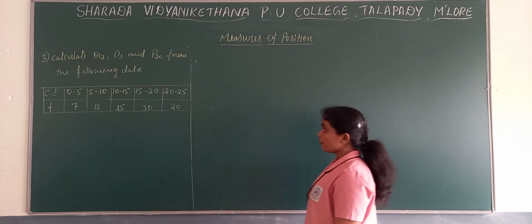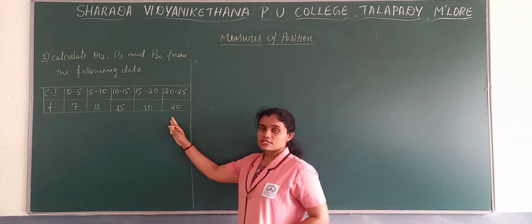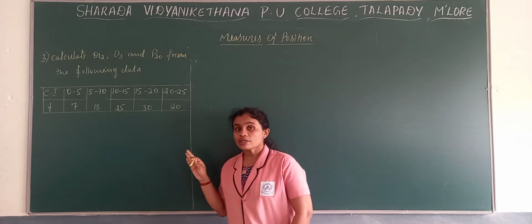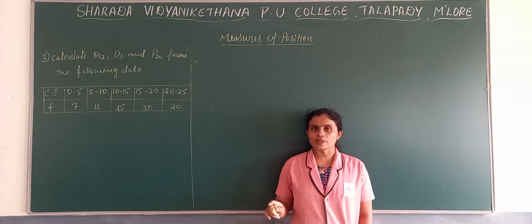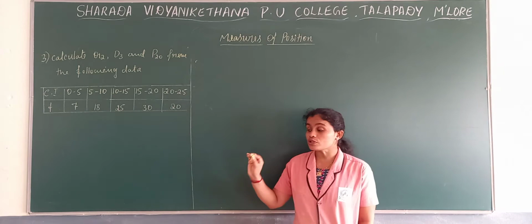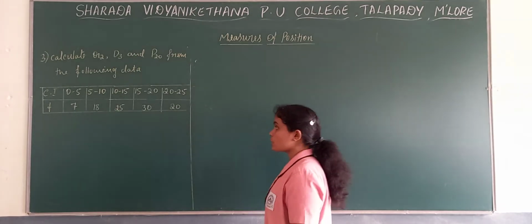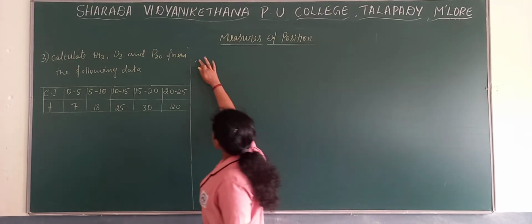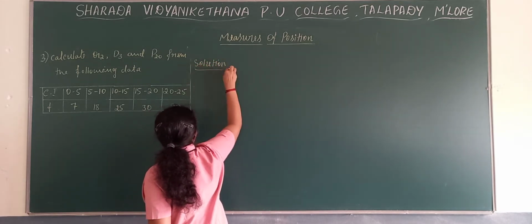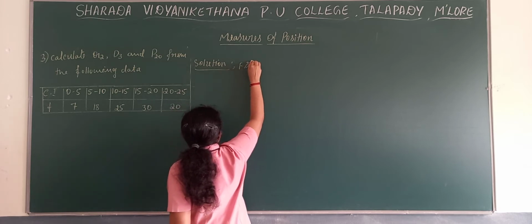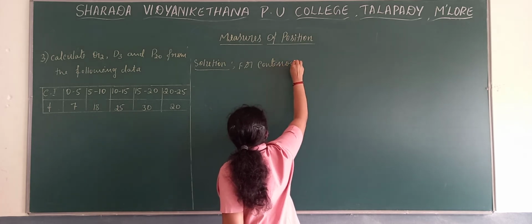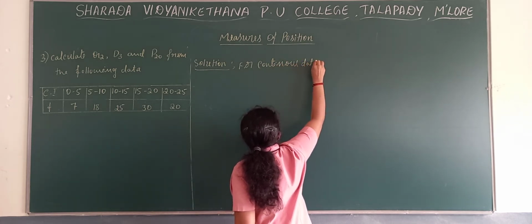Now we will see another problem where we have a continuous series. These are grouped data. In case of grouped it is continuous. And we already completed two problems. One is of ungrouped data, and just now the problem we completed is grouped data, that is grouped discrete. Now we will see grouped continuous. So we will move towards the solution for continuous data.